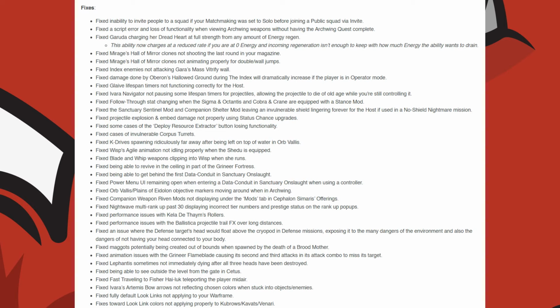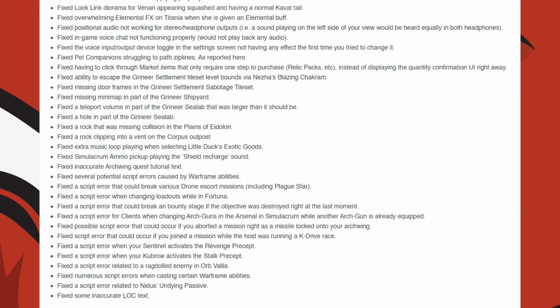They fixed being able to see outside the level from the gate in Cetus, using the fast travel feature to high luck, teleporting the player mid-air, Ivara's Artemis Bow arrows not reflecting the chosen colors when stuck in objects and enemies. They fixed fully default look links not applying to your Warframe, fixes were made to look link colors not applying properly to Kubrow, Kavats, and Vulpaphyla, the look link diorama for Venari appearing squashed and having a normal Kavat tail,